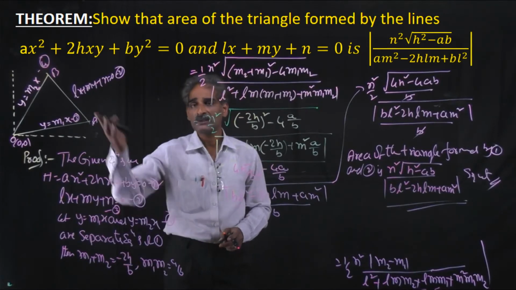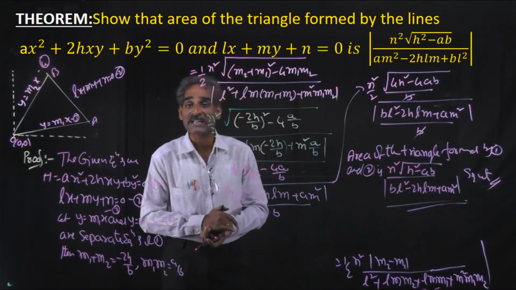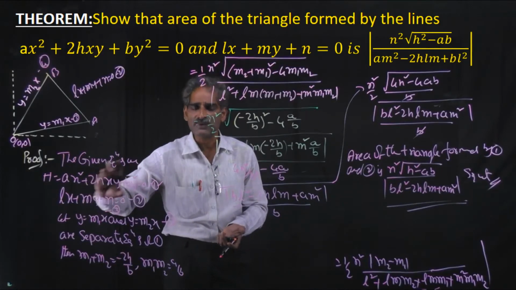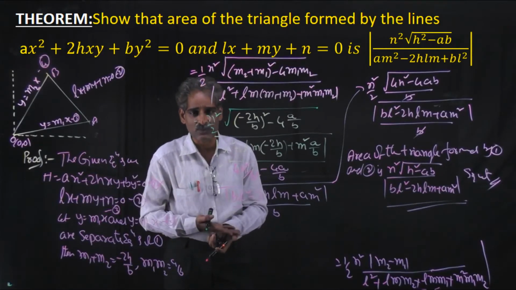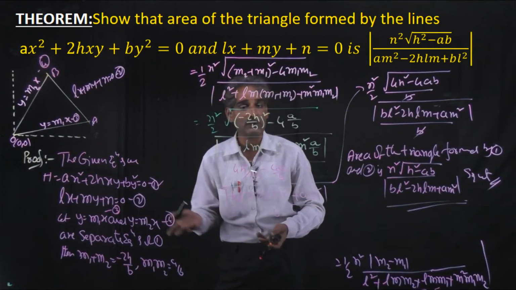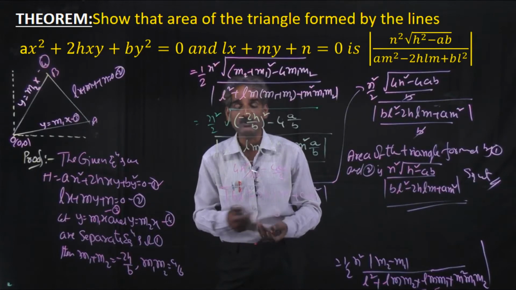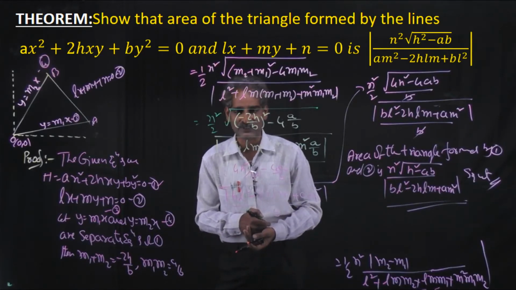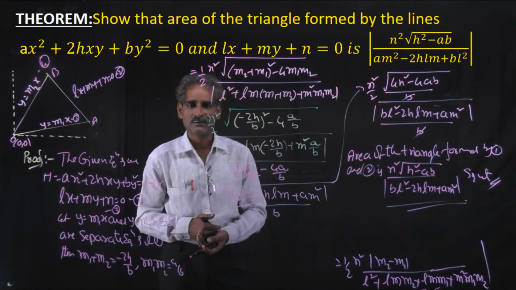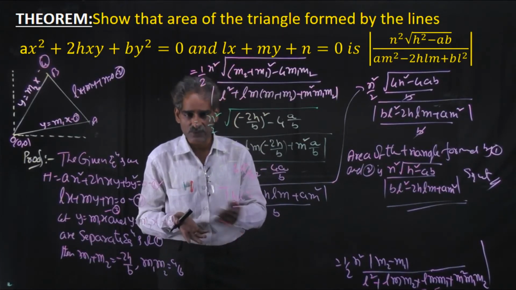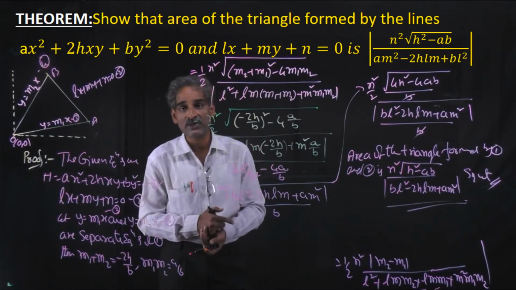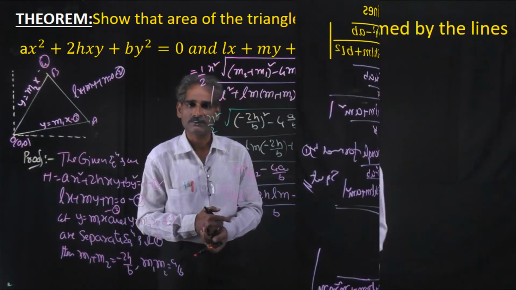Okay, here you may be asked what is the centroid, just for the same equations. So for the centroid also we need the coordinates of the points. Already we found out the coordinates of the points. With the help of these points we can find out the centroid. So by using the centroid formula x1 plus x2 plus x3 by 3. So one vertex is 0, 0, and A and B are also there. So with the help of those coordinates of 3 points, we can find out the centroid of the triangle. That is also important. Understand?